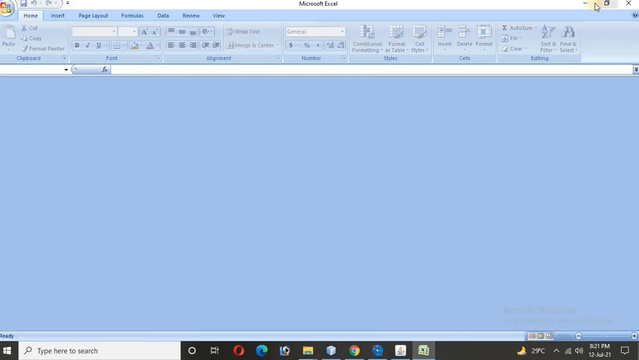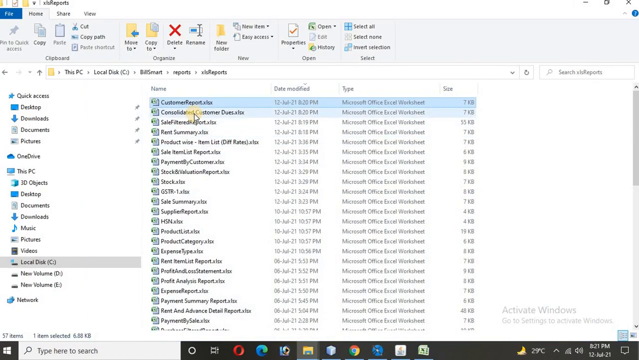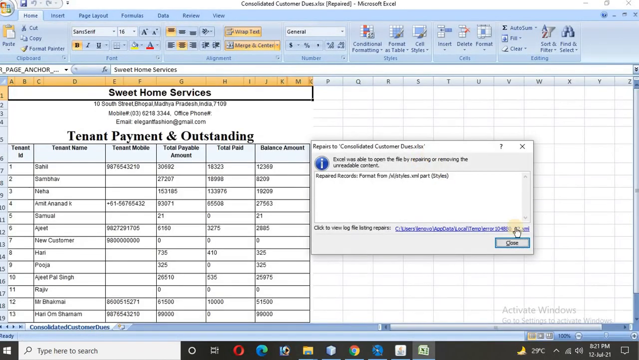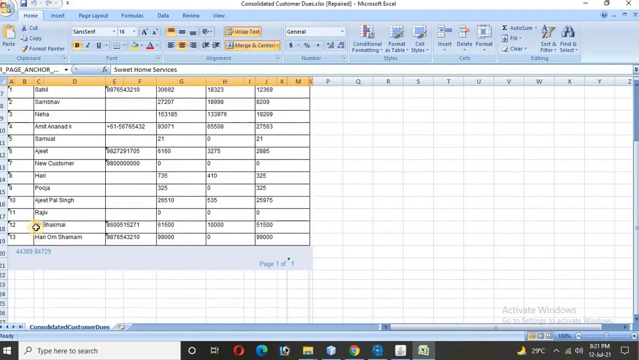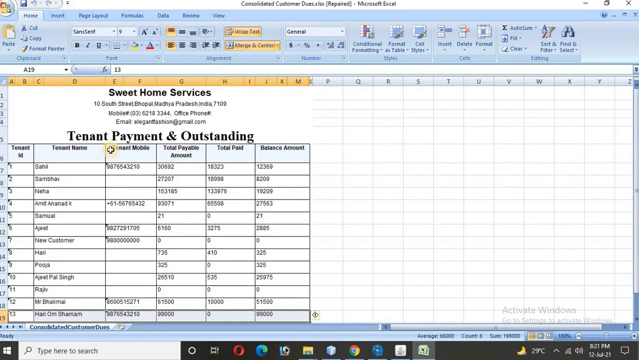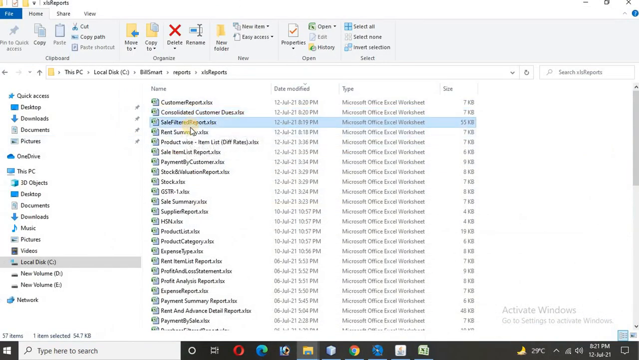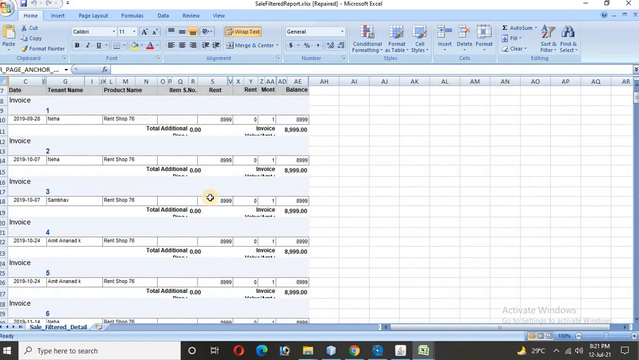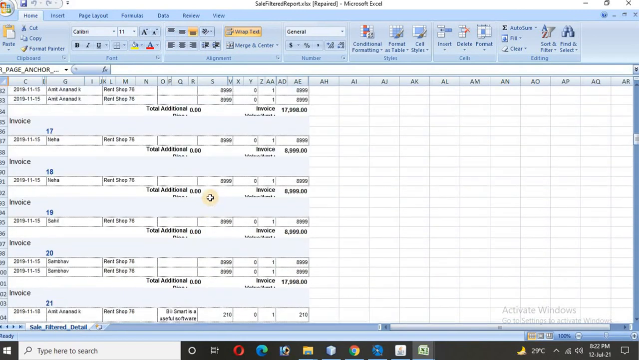Then I take you to the other reports which we have generated, like consolidated customer dues. This is also a report which we have created. If you look at this, this is our record of transactions of tenant payments outstanding. Likewise, whatever reports we generate, they will all come up here. This one I have shown you. I scroll down,